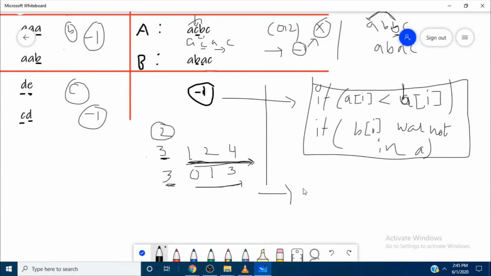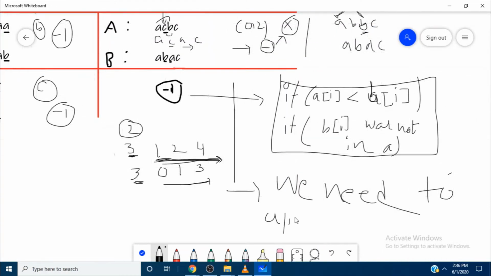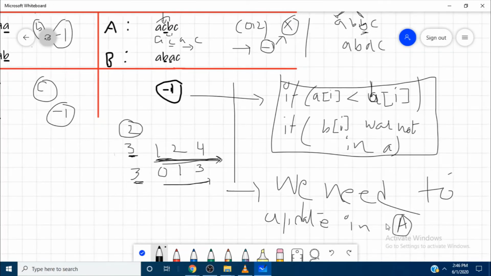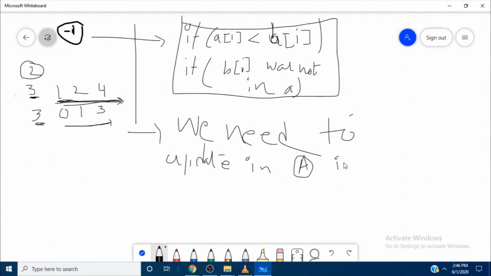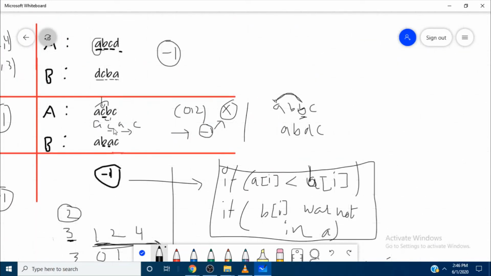Another note point we noted is that we need to update in string A in the increasing character form, right? First we choose B, but we end up with -1.